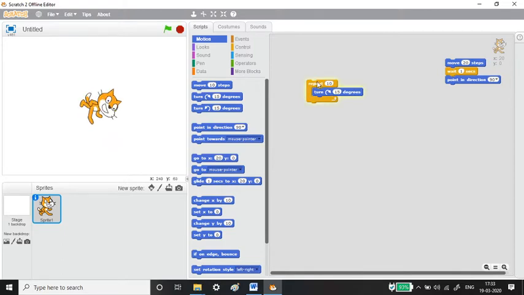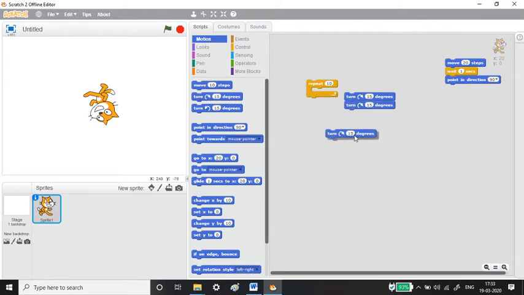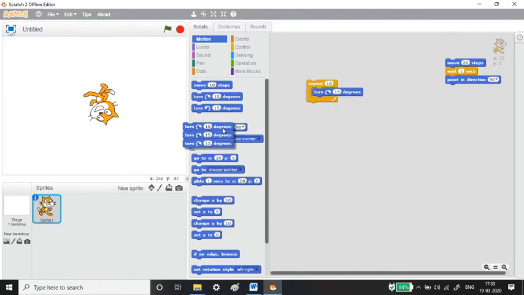Instead of stacking this 10 times, I can simply take only one palette and place it inside this block. If I click, it will turn 15 degrees for 10 times, that is 15 into 10, a 150 degree turn.